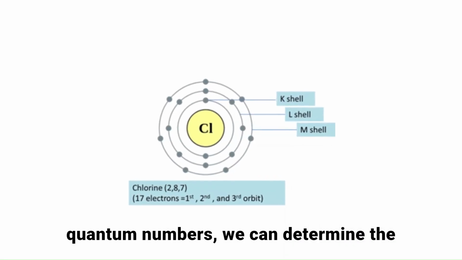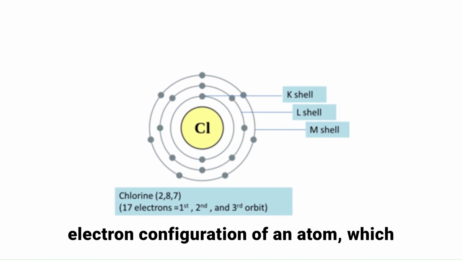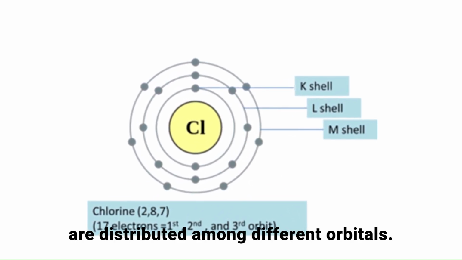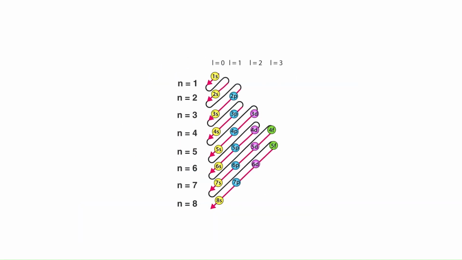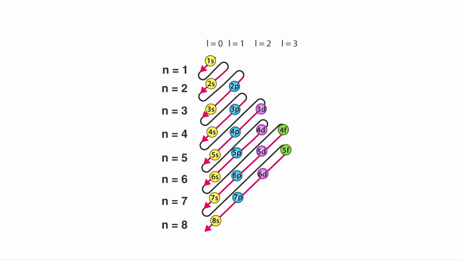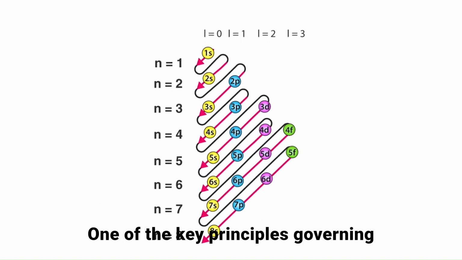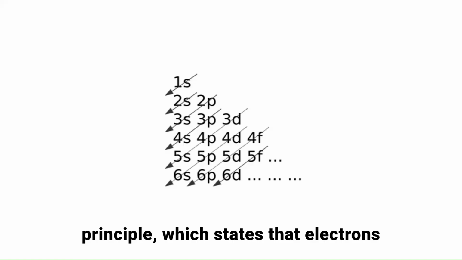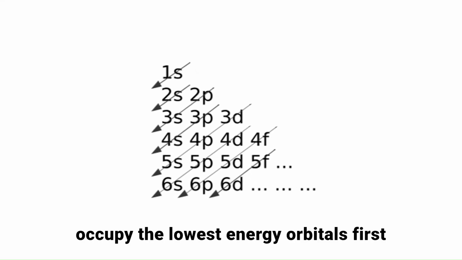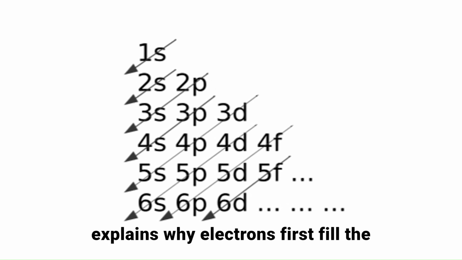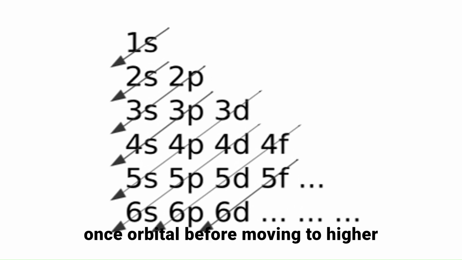With these quantum numbers, we can determine the electron configuration of an atom, which is a way of representing how electrons are distributed among different orbitals. Electrons fill orbitals in a specific order, following certain rules. One of the key principles governing electron arrangement is the Aufbau principle, which states that electrons occupy the lowest energy orbitals first before filling higher ones. This explains why electrons first fill the 1s orbital before moving to higher energy orbitals like 2s, 2p